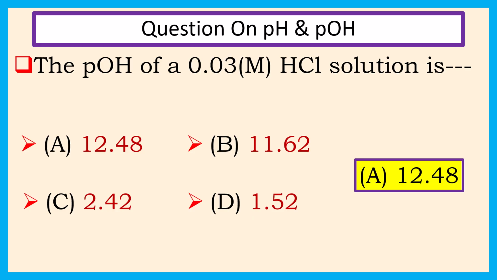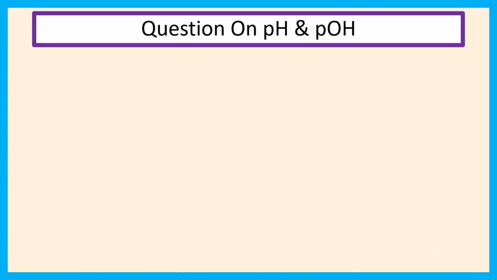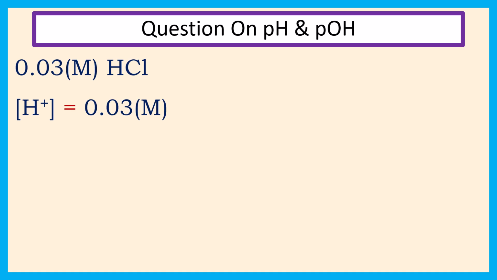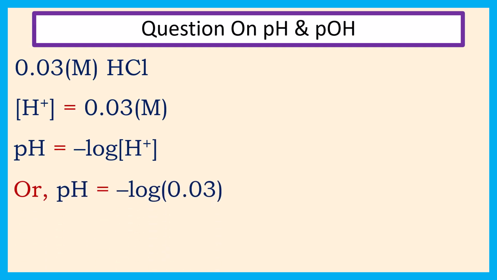12.48. Explanation we will see in the next slide. 0.03 molar HCl. Therefore, concentration of H plus is equal to 0.03 molar. We know that pH is equal to minus log concentration of H plus, or pH is equal to minus log 0.03, or pH is equal to